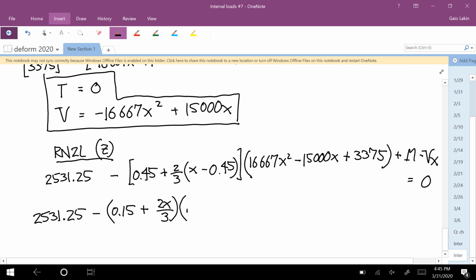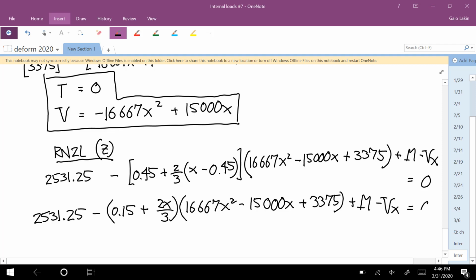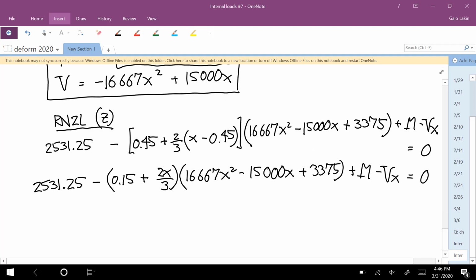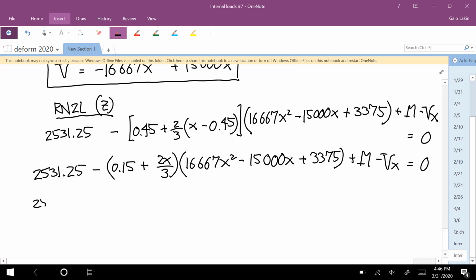And then we're multiplying it by 16,667 x squared minus 15,000 x plus 3375 plus M minus Vx is equal to 0, and our V is the function that's given up there. Okay, I guess keep going. 2531.25 minus, so I'm going to multiply all this out,